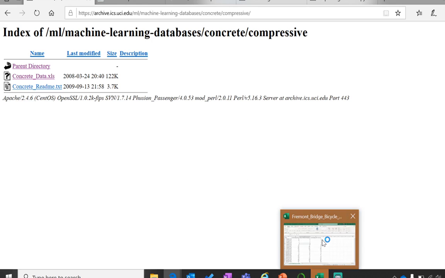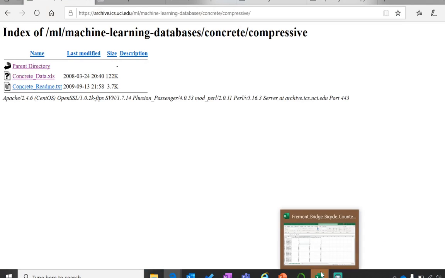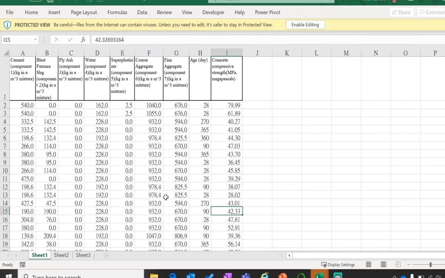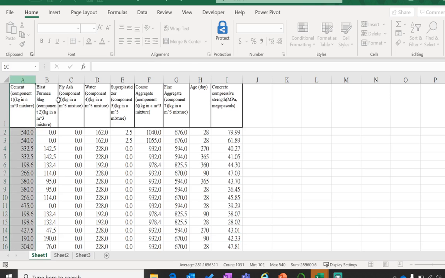And hopefully it pops up. That's not the data set we're looking for. There it is. Okay, so we can see that we've successfully downloaded that data set, and we see all the column headers there,